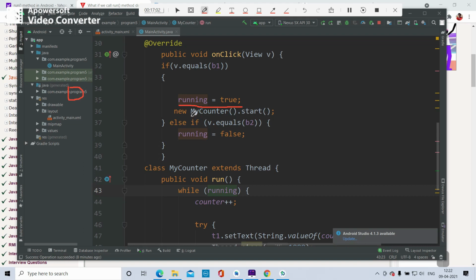And new MyCounter().start is nothing but a constructor call of the MyCounter class, and inside this MyCounter class there is a run method. See here, new MyCounter().start runs the inbuilt method, that is the start method.